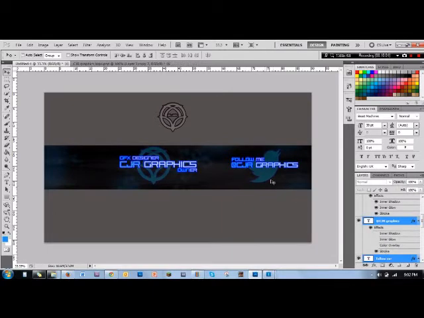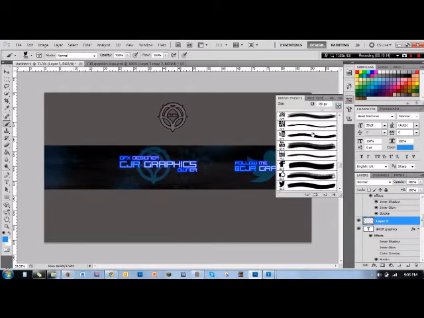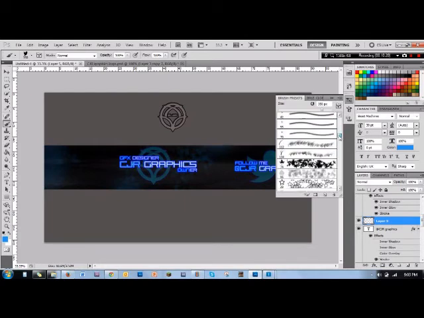I'm going to take these two and drag them down and across maybe a bit. So there you've got that, pretty simple. And then again, you can create a new layer, get your brush tool, and you might want to create a bit of an underline. You can choose really anything you want, but I like to use this one and bring it down to around